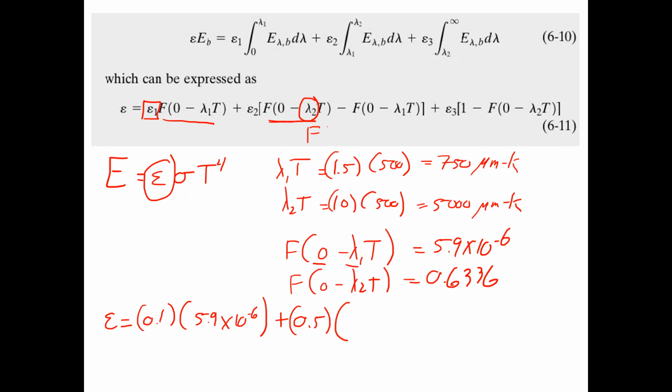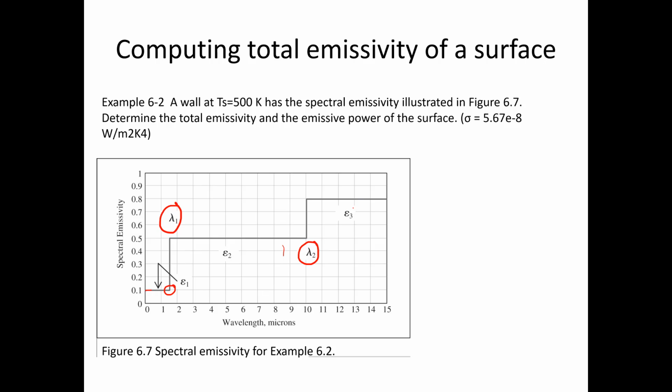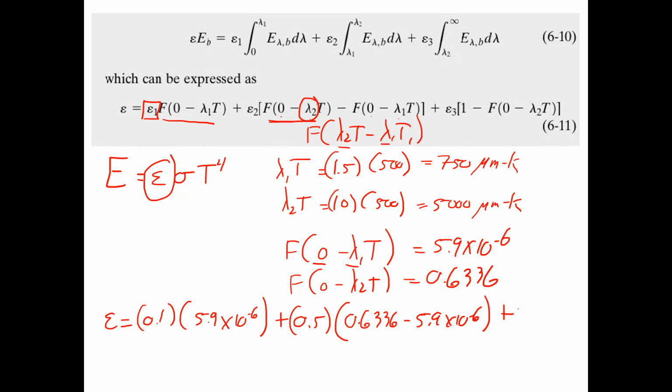Again, what this ends up getting me is the fraction of the thermal energy between lambda 1 and lambda 2. So I have to take it between 0 and lambda 2 and subtract it from 0 to lambda 1. So in that case, I have 0.6336 minus 5.9 times 10 to the minus 6. And then I add to it the final range emissivity, which is a value of emissivity of 0.8 from